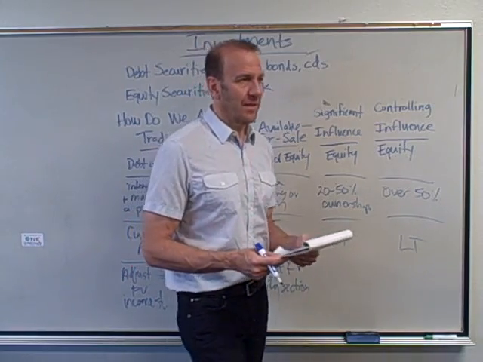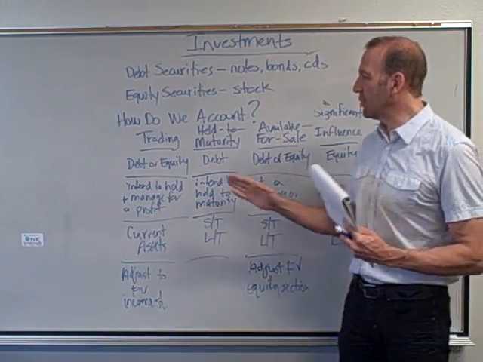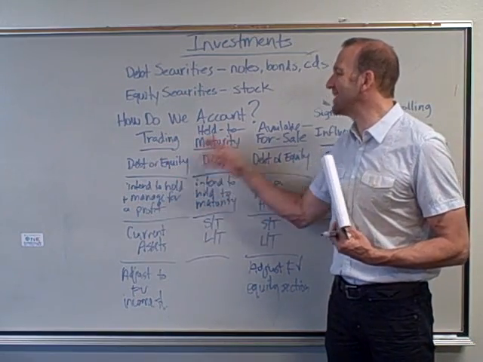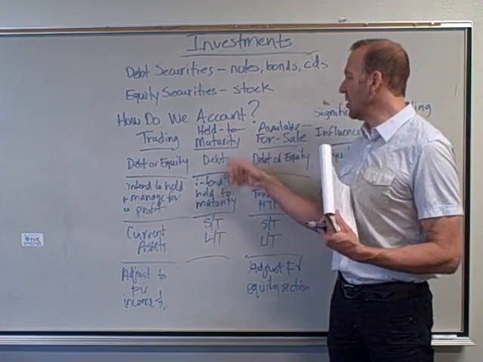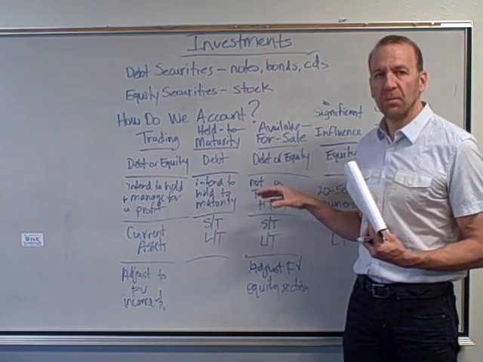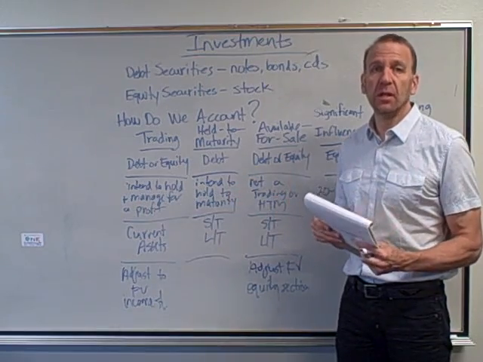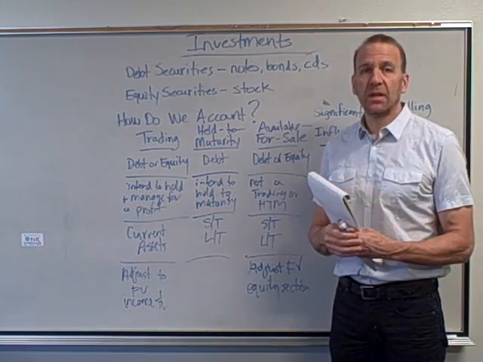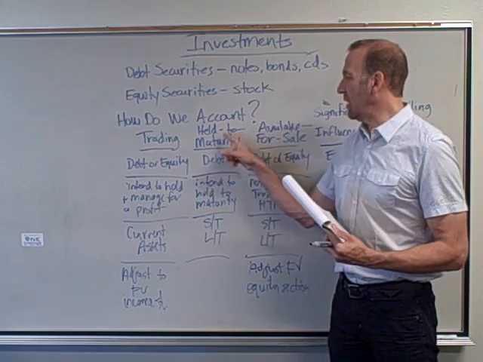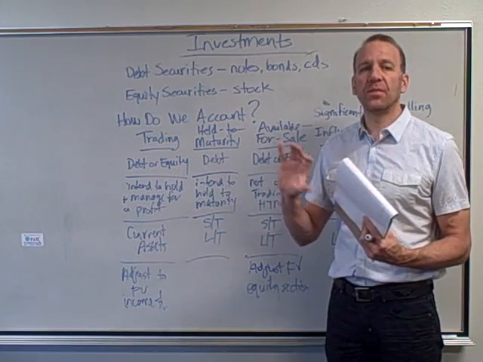Okay? So now this chapter is a little bit confusing, like I said at the beginning. You've got to keep going through these, because it makes sense that we've got trading, held to maturity, and available for sale, but how we actually handle them is very different. You kind of got to memorize and learn the ways that we handle them. All right? So once again, there will be videos on these categories also, so go and look at those to see how we handle them and what the journal entries are.